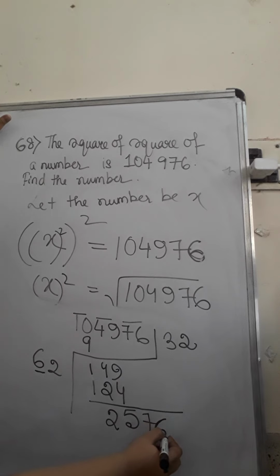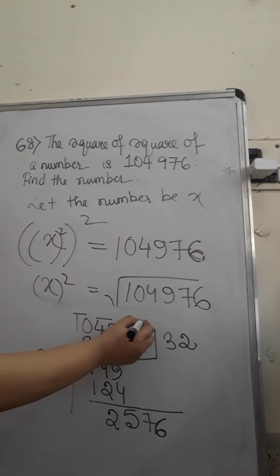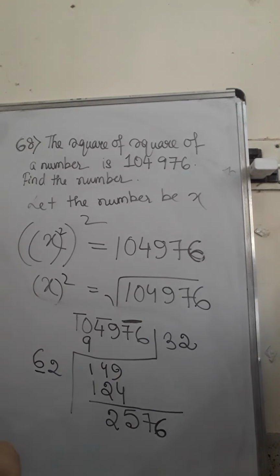Why we are taking two numbers at a time? Because we will take down the entire number on top of which we have given the bar bracket together. So 2576. Now what will be the divisor? 62 into 2 I have done. So now it will be 62 plus 2, 64. Fix it. Now with 64 I have to take a number and multiply with the same number in order to get 2576. So I can take 646 into 6.